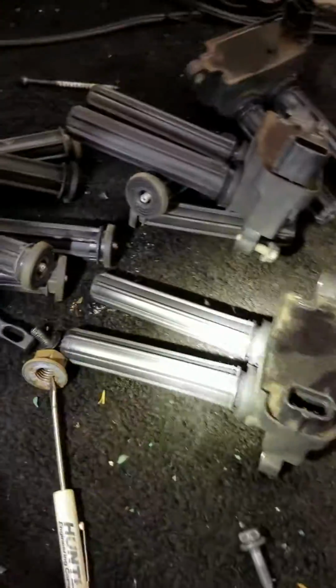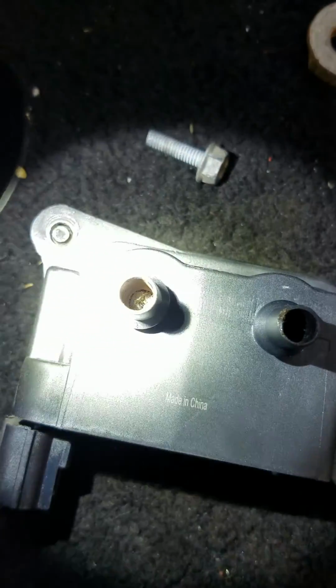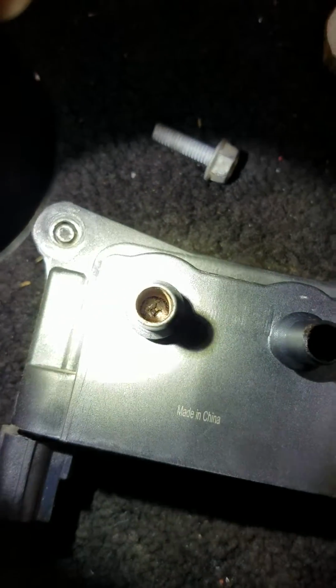Now, I went through all the coils, all 7 of them, until I got to this one, and they're all good except for this one. You can see the rust. Now I've been digging around in there with this screwdriver, kind of break some of that up, but